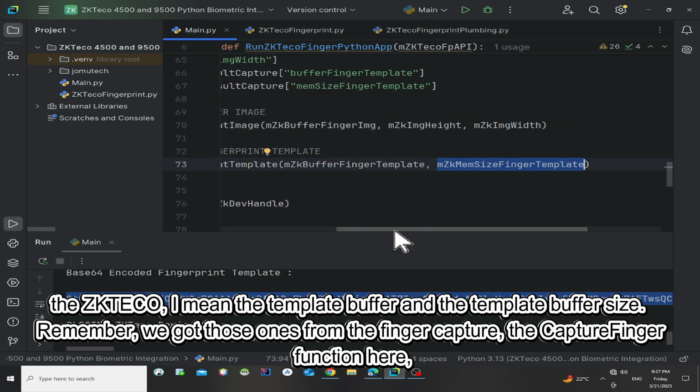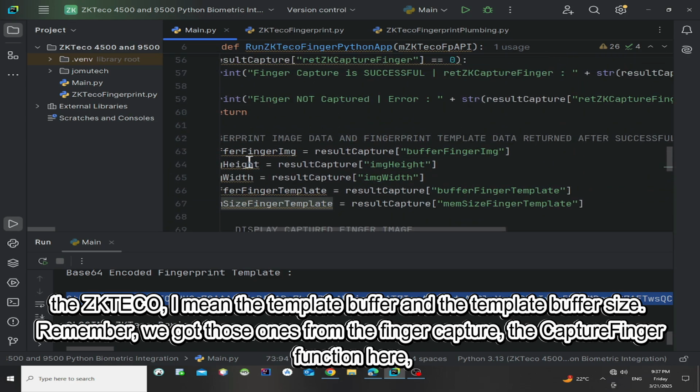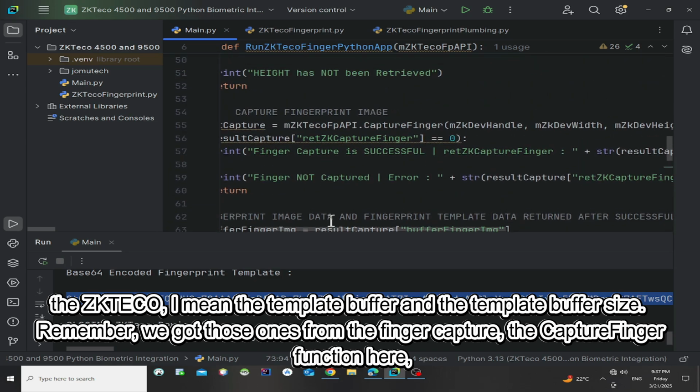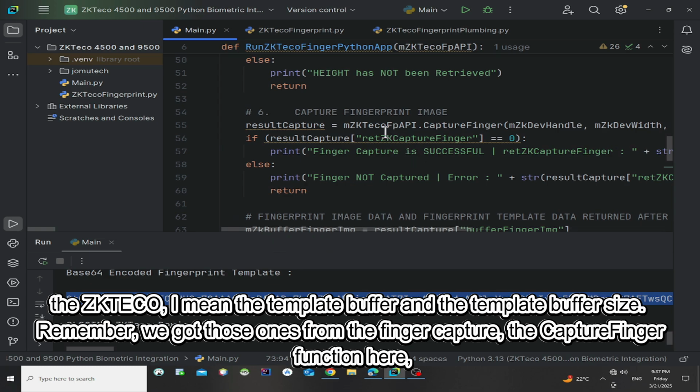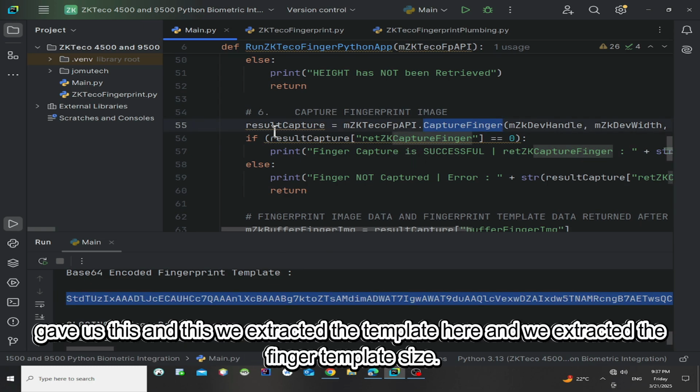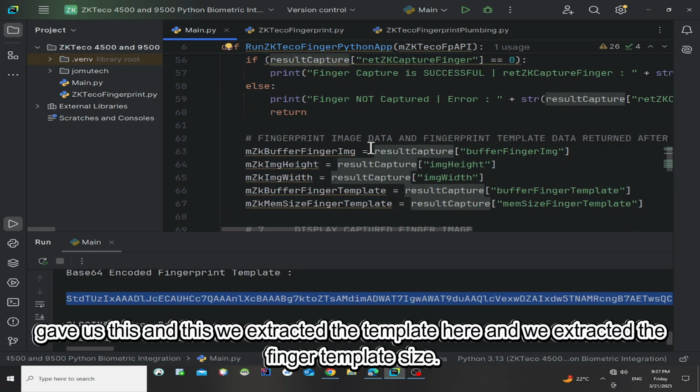You remember we got those from the finger capture function here. It gave us this, and we extracted the template here and we extracted the finger template size.